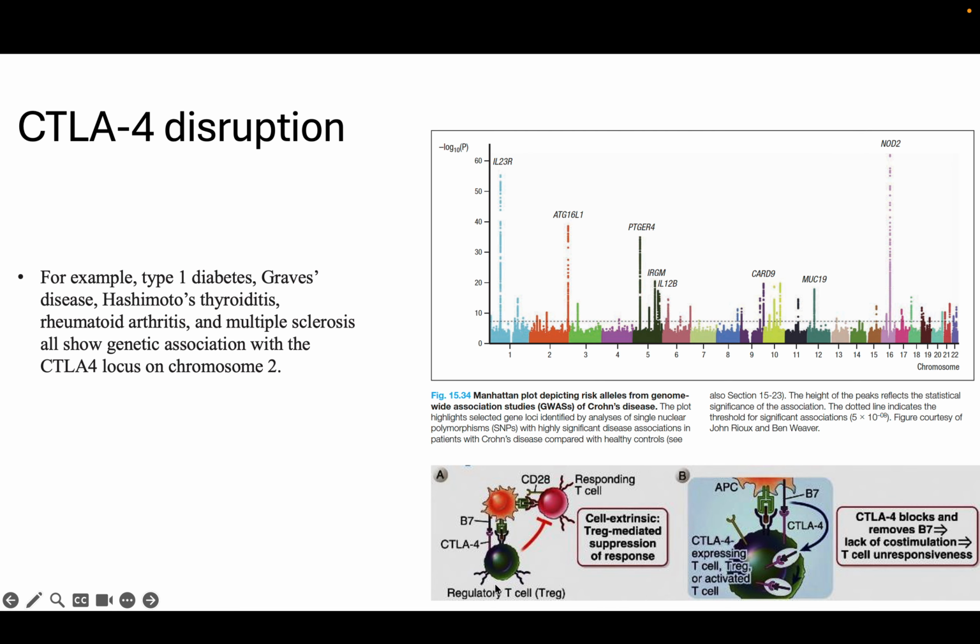Because you're really removing Treg function. Because Tregs really use CTLA4 to push T cells into anergy. So this is how they do this really, really well. So this is how GWAS analysis has helped us to identify certain genes or basic pathways related to